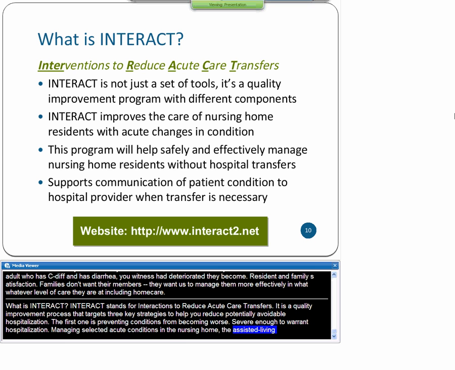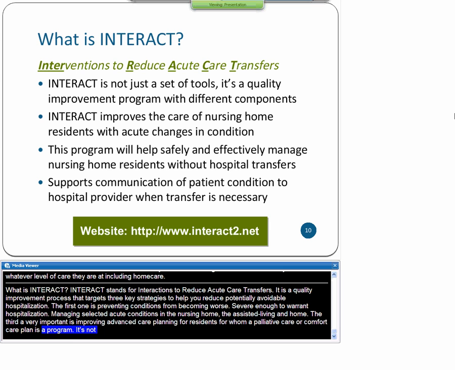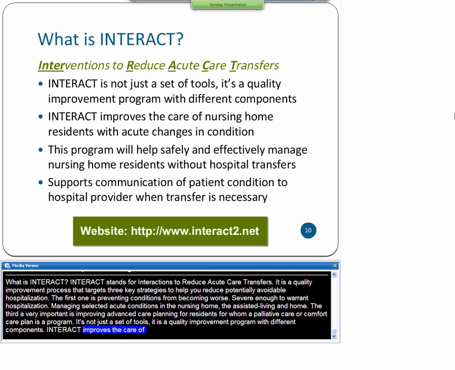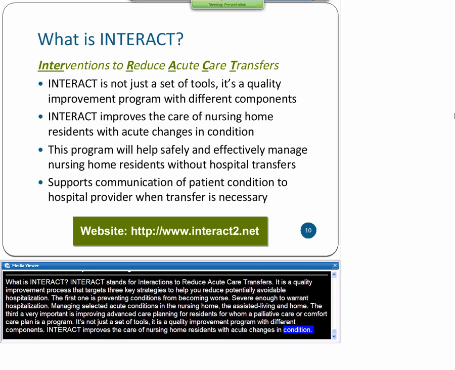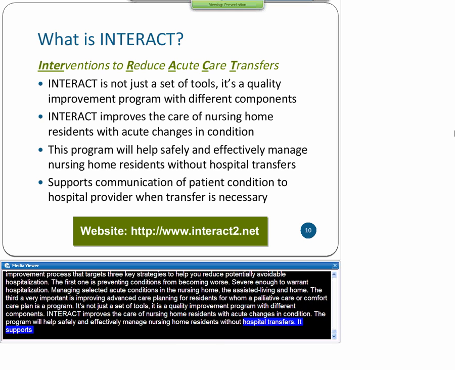INTERACT improves the care of nursing home residents with acute changes in condition. The program will help safely and effectively manage nursing home residents without hospital transfers. And it supports communication of the patient's condition to hospital providers when transfer is necessary. INTERACT is a process that was